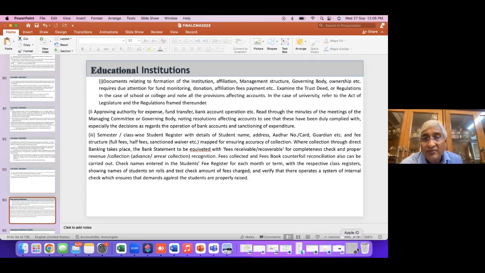Now then again, student name, address, Aadhaar card, guardian, etc. The details. These are required for student admission and your database, so that in future if any question comes, you are in a position to answer that. Where collection through direct banking takes place, the bank statement is to be equated with the fees receivable, because ultimately an organization or educational institution survives on the fees collected from the students,